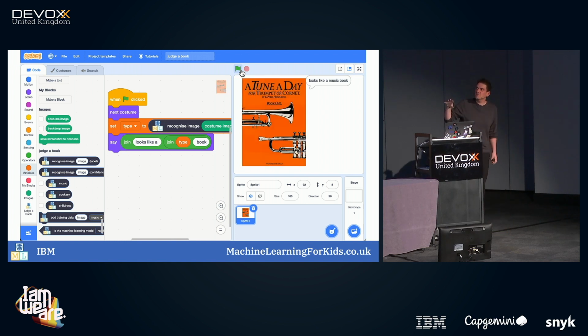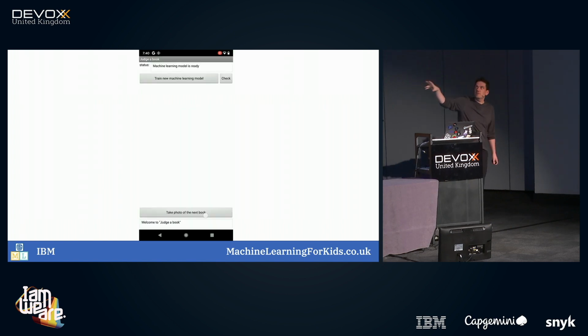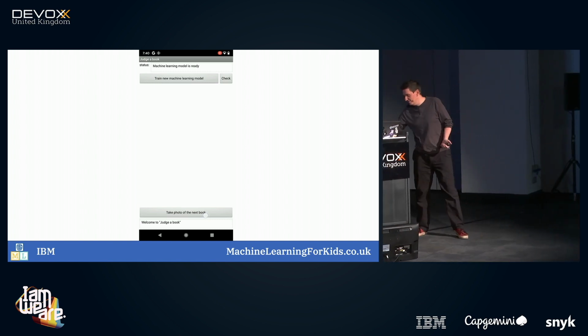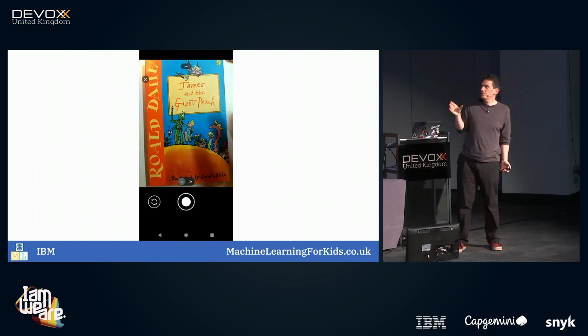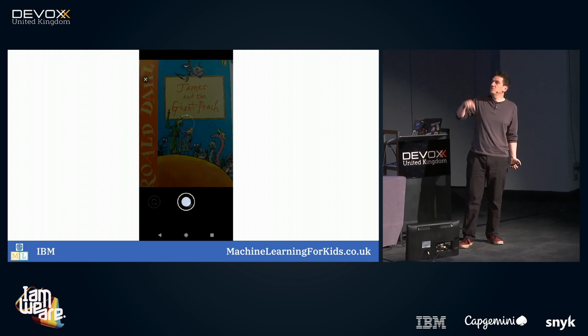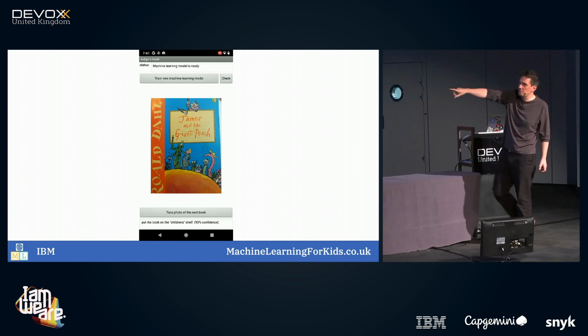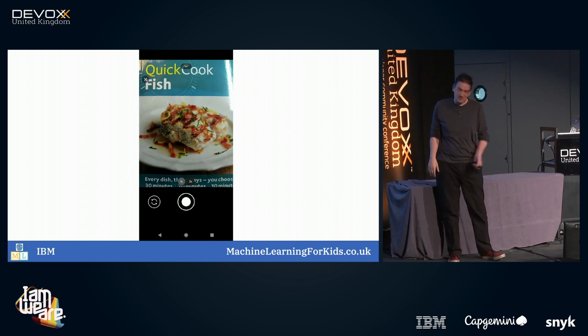I've been sticking to Scratch for a lot of these examples, but like I said, all of these can be done in App Inventor, which means they can make mobile apps. And one example of that is using this Judge a Book. We made a library app that will recommend what shelf you should put a book on based on showing it the cover of the book. So you put the book in front of the camera, take a picture of it, it uses that machine learning model they trained themselves, and then tells you at the bottom, 93% confidence, put that on the children's shelf, which is really cool.